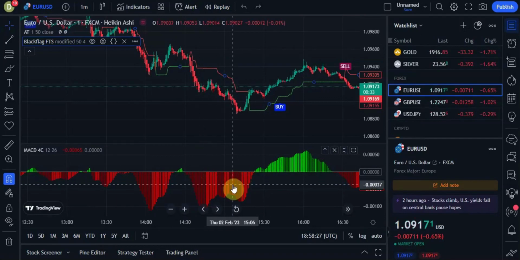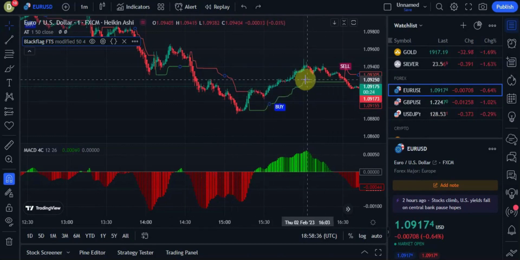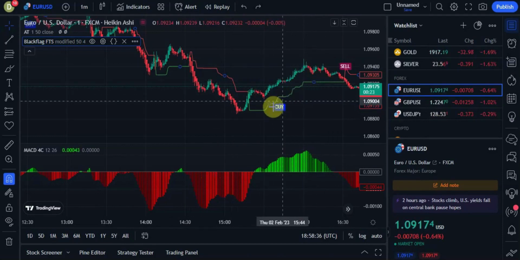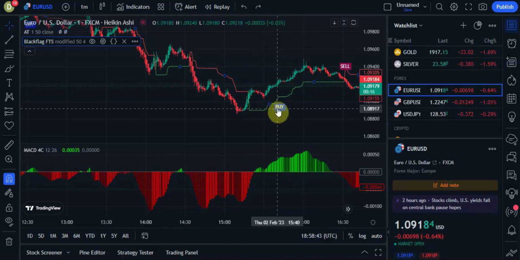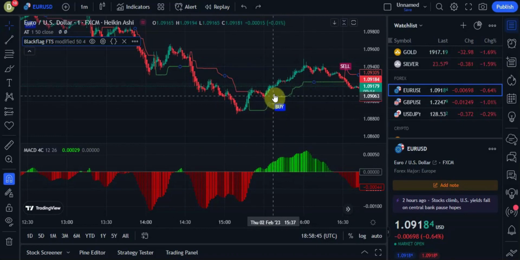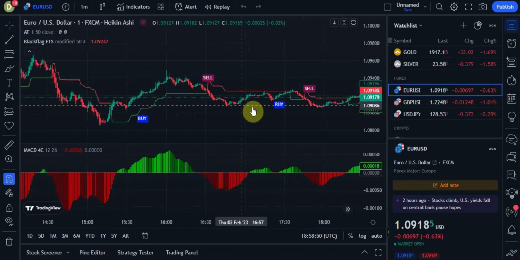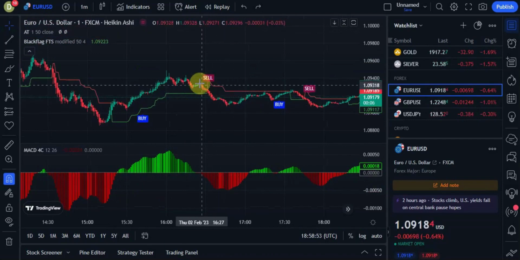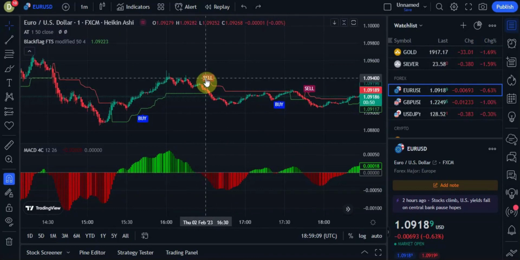So now using these conditions, let's go ahead and take a look at our chart for some buy and sell entries. So if you see right here, you see that the market is above the black flag indicator line here, and the histogram from our MACD4C is above the zero line in green, and we have a buy signal, so we can see that this is a good buy signal at this point. And if you take a look over here, you see that the price action is below the red line for our black flag indicator, and you see that the histogram for our MACD4C is red and below the zero line, and we have a sell signal here from our alpha trend indicator,